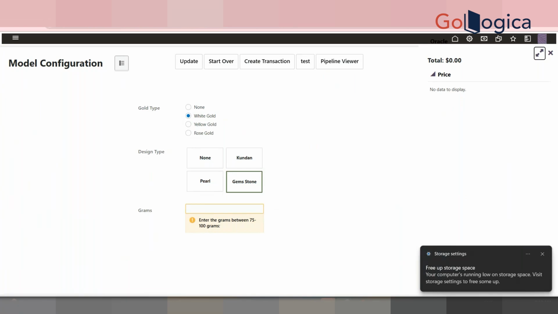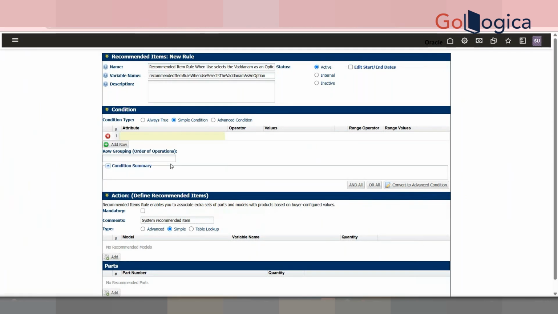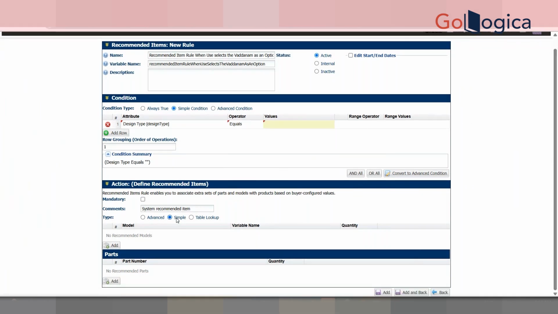I'll just put design type as well. I'm just putting design type equals empty. Then what we are going to do,